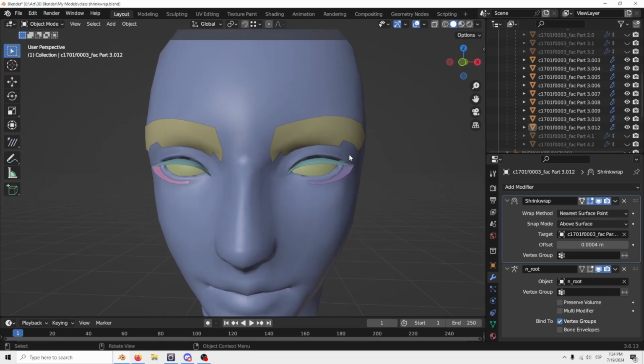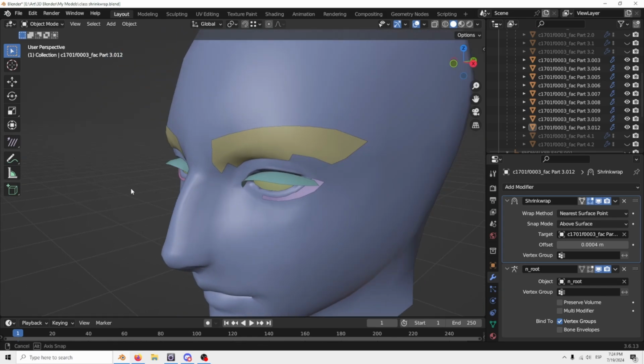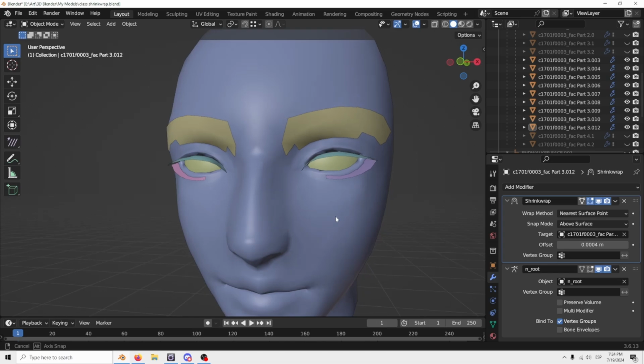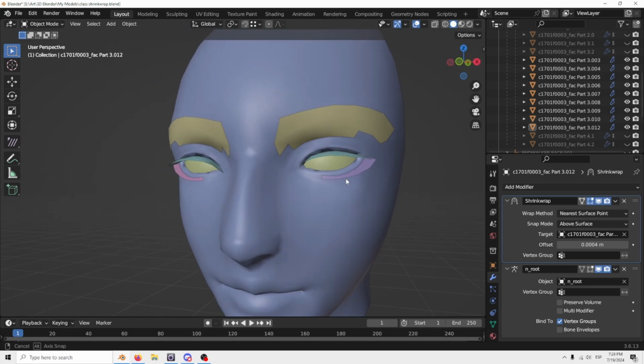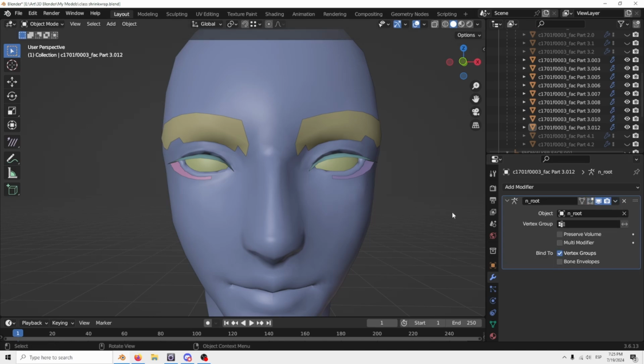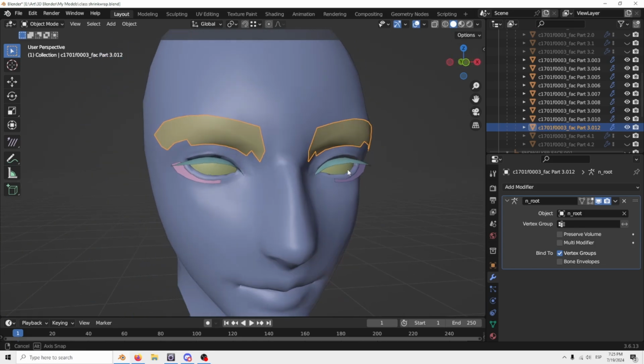So usually this is the number that works best with things that are on top of the face, but you might need to adjust a couple of things here and there. Maybe you might change the number to a 5 or an 8, depending on what you're doing. But if you see, 4 works just fine with the eyebrows. And then when it's already done, you can just hit apply, and now your eyebrows are placed where they're supposed